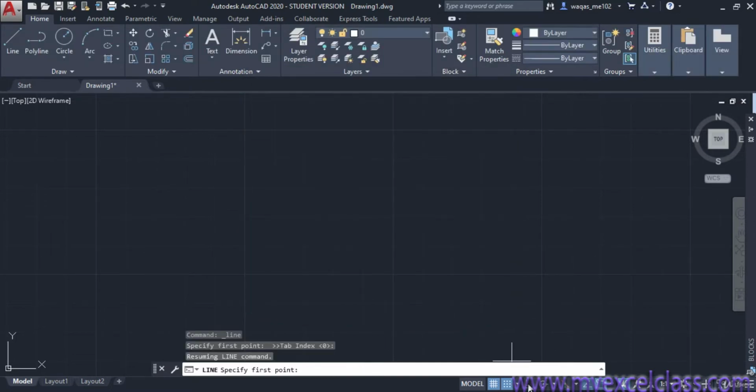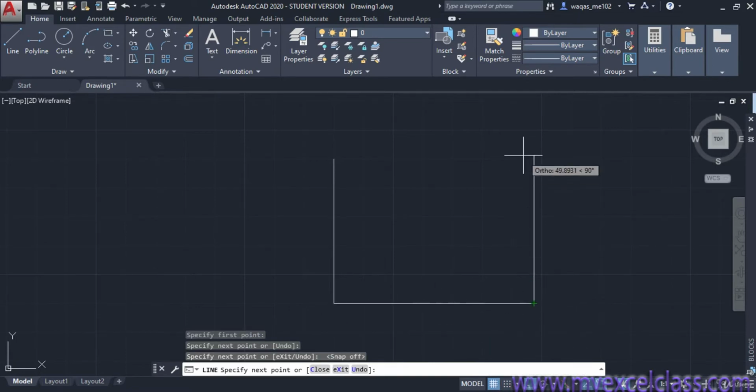Okay, well, next one is the ortho option. What does this mean exactly? Let me turn it on, and let me draw a line. Well, I want to draw a line, and let me turn this one off. Let me draw a line. You can draw randomly. See, it's not possible for me to move this line with a certain angle, the only option is that I can move it at a 90 degree angle.